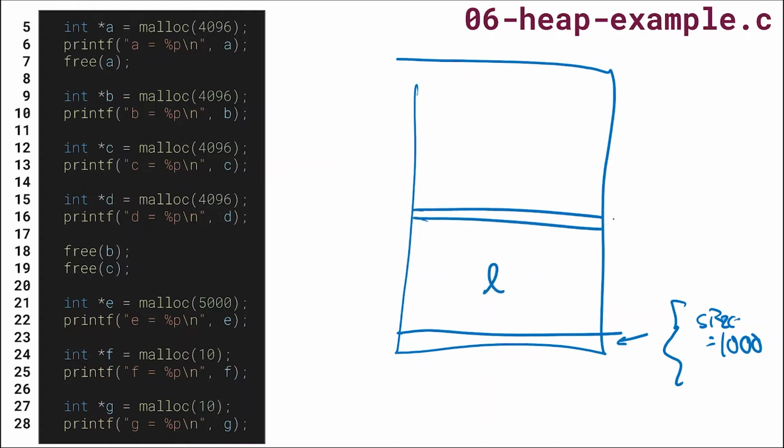And Lloyd, on top of this memory, what's above it? Is it free or used memory? It's used. So if free is equal to 0, this memory is used,